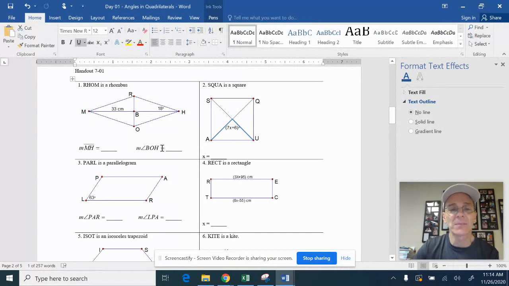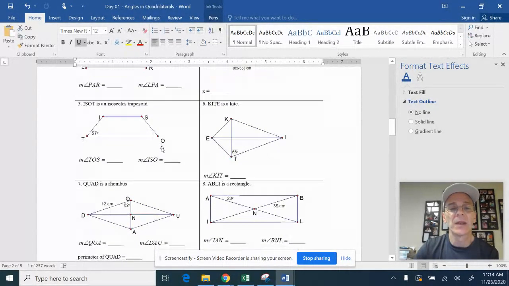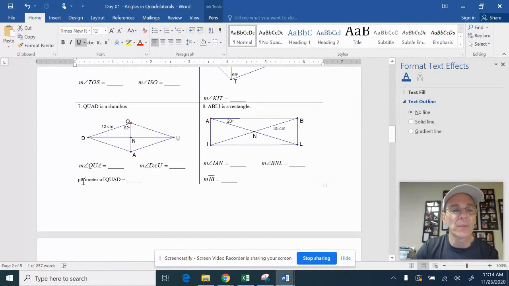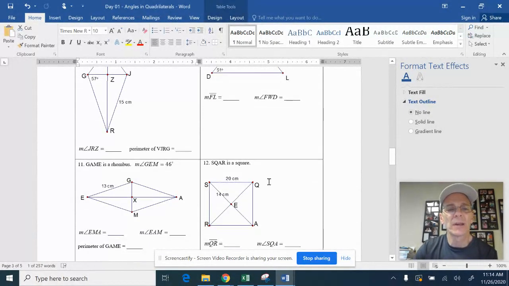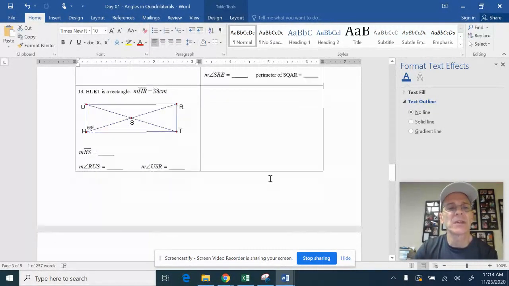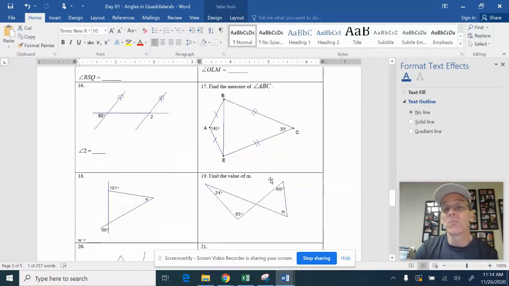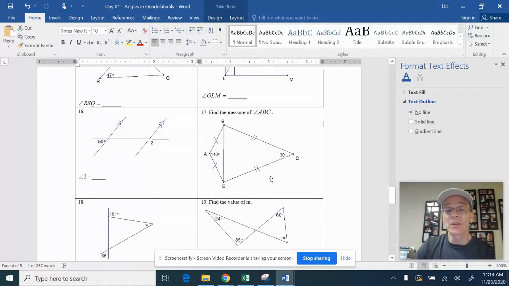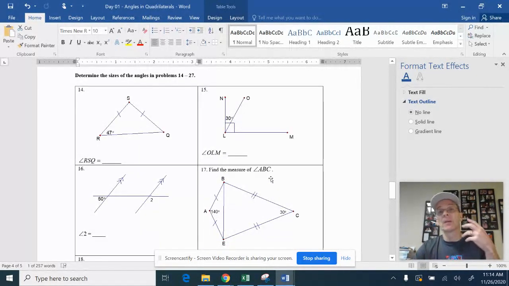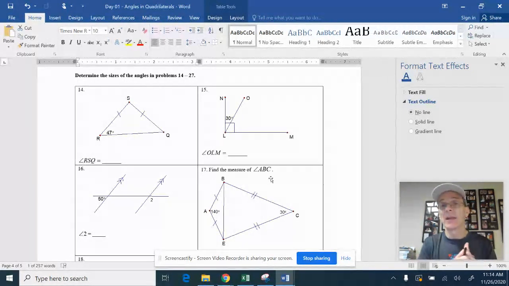I'm asking you for segment lengths, angle measures. Sometimes I'll ask you for a perimeter, like down here. Anything unusual going on in any of these problems? I'm just taking a quick look. Oh, page 3, all of these problems not involving quadrilaterals, just giving you some practice on finding angle measures based on stuff we learned a while back, because we've got a